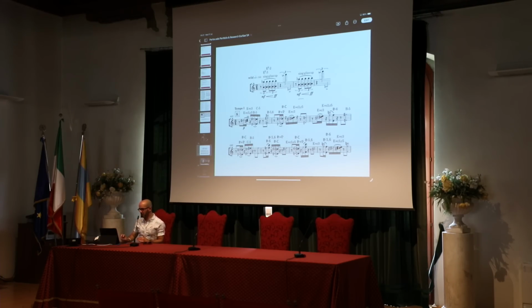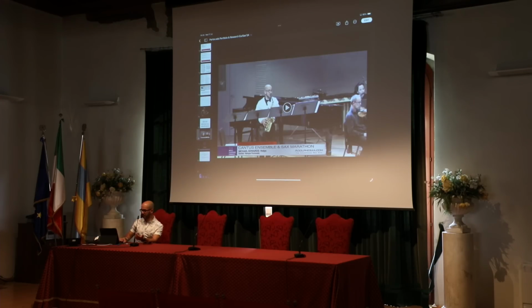Another example is Otku. Actually, it was premiered in Zagreb at the World Saxophone Congress. And here we don't have long phrases of permutations, but we always have groups of two multiphonics that need to be connected together. So once again, for this kind of movement, we are using the same system. So I can just articulate between this and this and this and this, otherwise it will be impossible to do this.